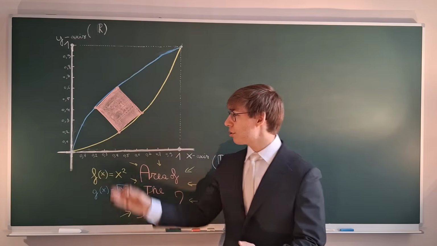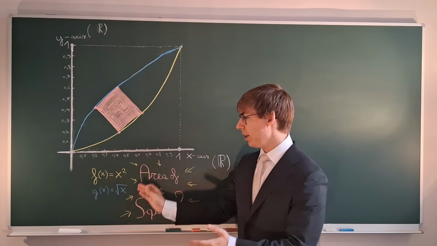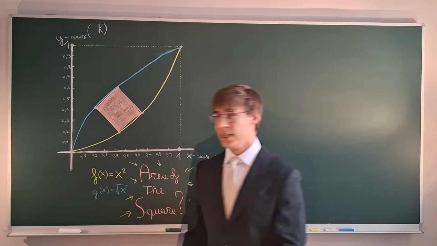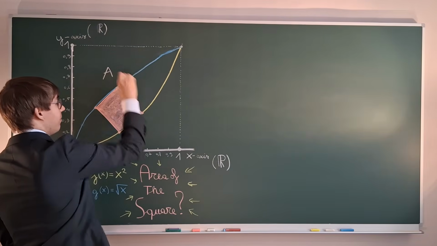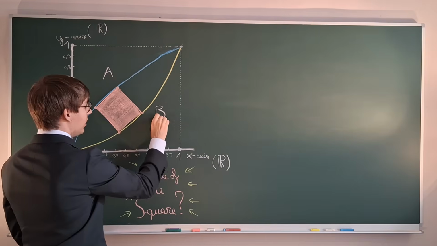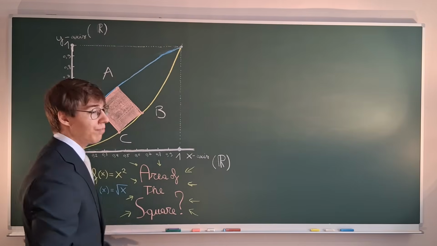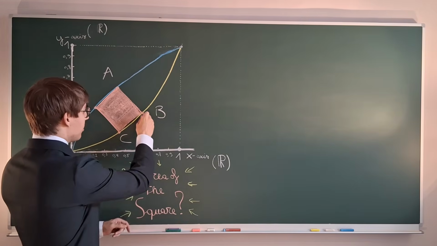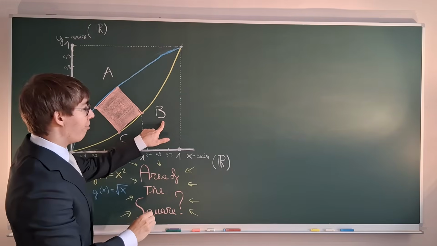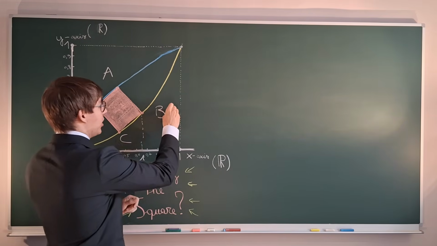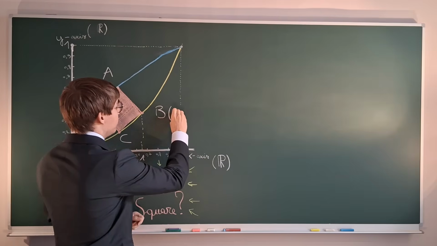Let's first map some coordinates on these points so that we can use all this information that is given. So let me call this one A, this one B, and this one C. And let me pick some variable t, which is the x value of point B, such that point B becomes (t,